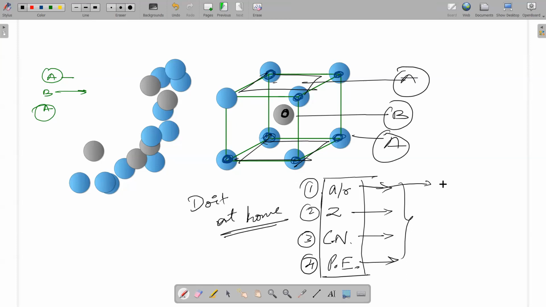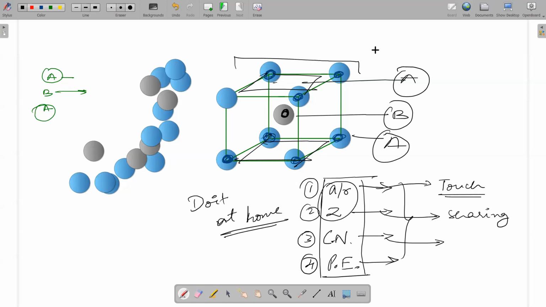You have to imagine which atoms are touching. Then Z, you have to do the sharing. And coordination number, you have to imagine how many atoms are touching how many atoms. Then packing efficiency you can find out from A and R. I have shown you how I found all these things in the previous cases. 3 cases we have seen, 2 in 2D, 1 in 3D. Then at least try.